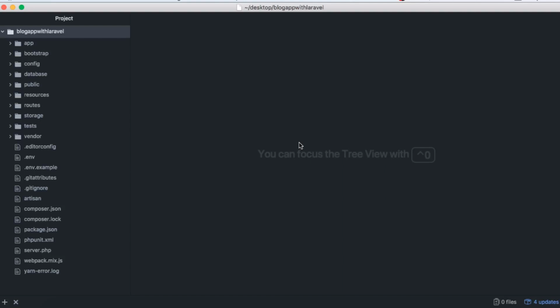We have the MVC structure, so we have models, controllers, views, and also the migration part, and a lot of things that we can do with the terminal follow the ways Rails does things. However, I think Laravel is much easier to understand for a beginner, especially when it comes to